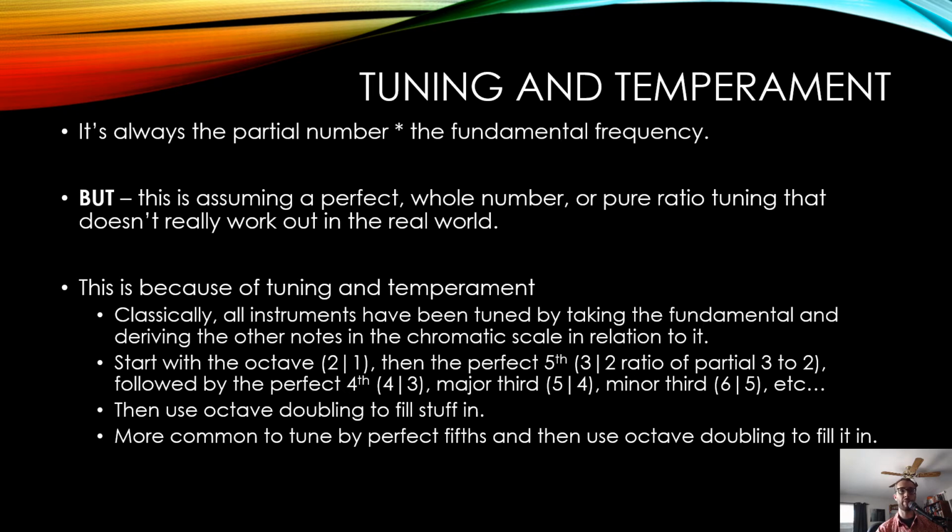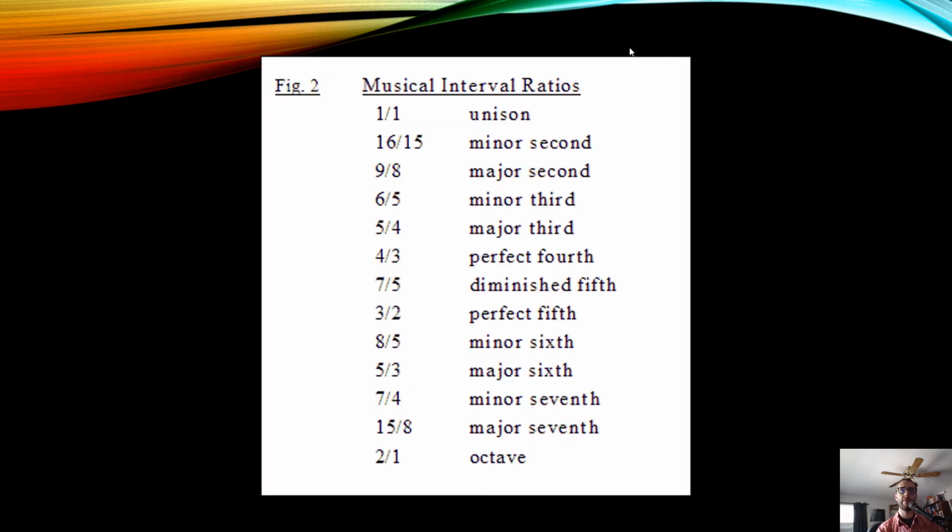It's more common to tune by perfect fifths and then use octave doubling to fill it in. So here are the musical interval ratios. Unison, minor second of that awful 16-to-15 ratio. Major second, minor third, major third, perfect fourth, diminished fifth, perfect fifth, minor sixth, major sixth, minor seventh, major seventh,